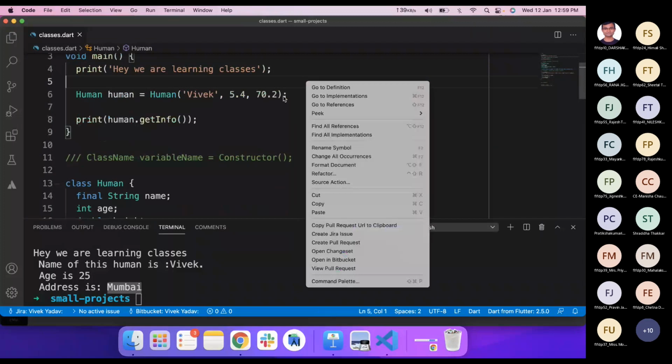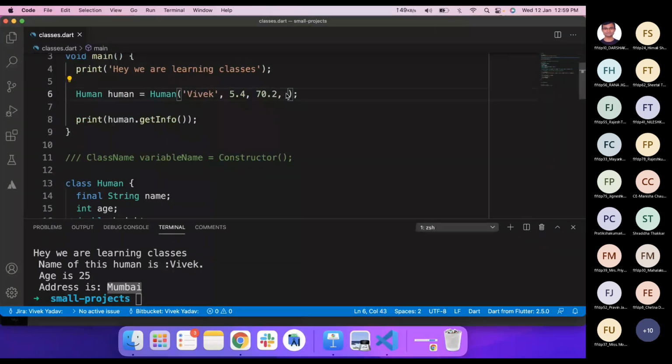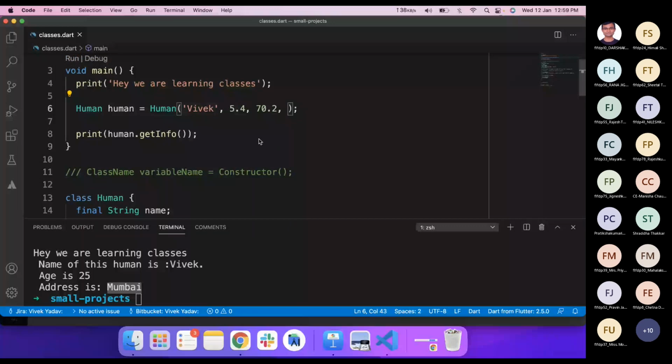So what happens when we create a constructor with square brackets? It gives us another behavior: now these parameters are optional. That's perfectly fine. If you are not passing those parameters, then I'm okay with that. But if you want to pass them, you have to pass them in a similar fashion in which the constructor is defined.